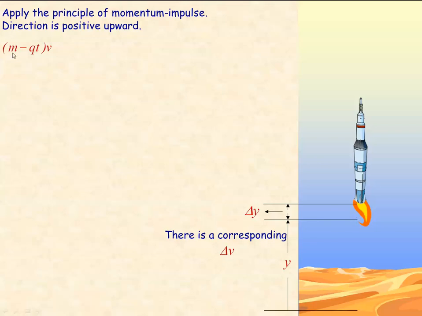Its momentum is the total mass that it had minus the amount of fuel that it burned off, which is Q times T, and then times V right here. Q is the rate at which fuel is burned; multiply it times the time, and you get how much mass has been burned away during the time period T that it took to get from the bottom up to this location. Now, if you go and look at this,